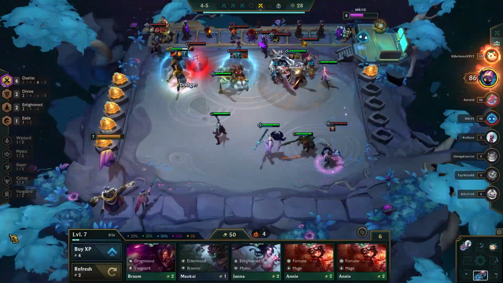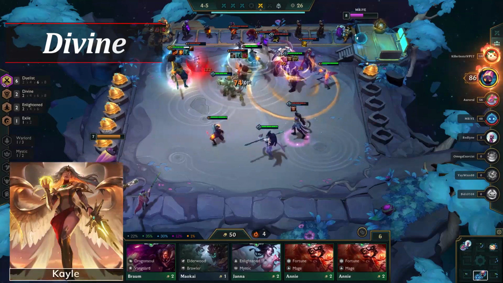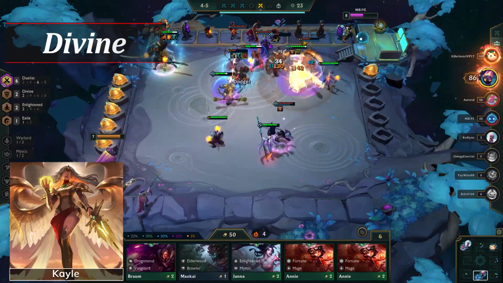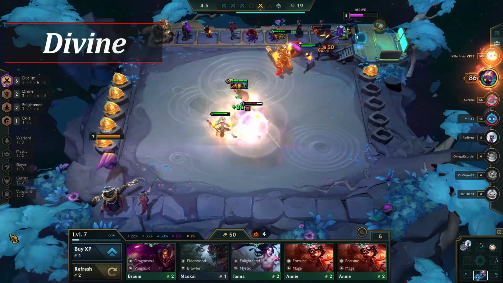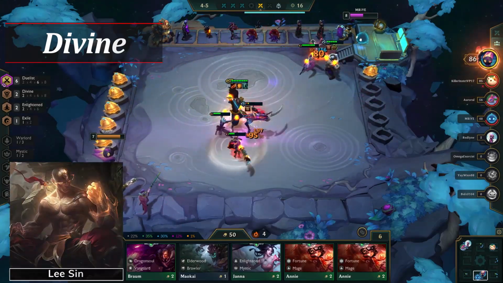There's still really not a lot of uses for Divine in the meta outside of Kayle compositions, but since Kayle is doing well, that automatically boosts up the value of Divine. The only other aspect of Divine worth mentioning is that Lee Sin is still one of the best late-game 5-cost